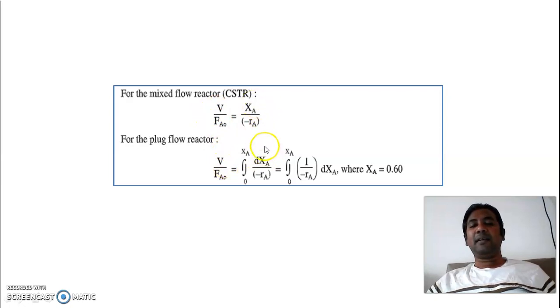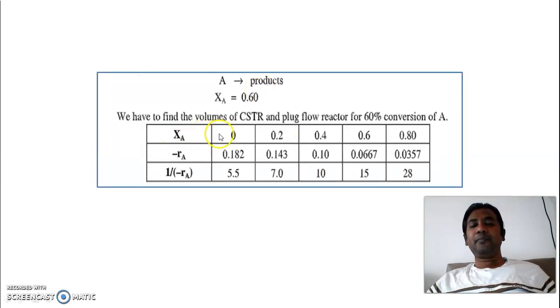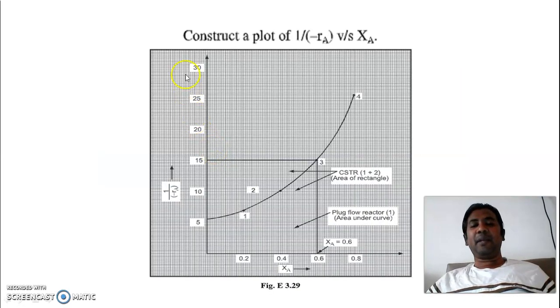So what do these equations suggest? They suggest that we plot a graph of XA versus 1 upon minus RA. As XA and minus RA values are given, you can take the reciprocal of the minus RA value, simply. Then you can plot a graph of 1 upon minus RA versus XA. It is suggested by the performance equation only, right? So when you plot this graph,